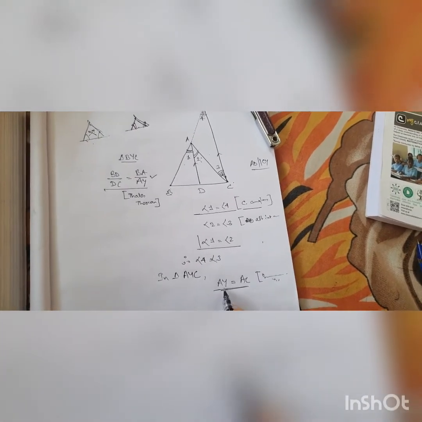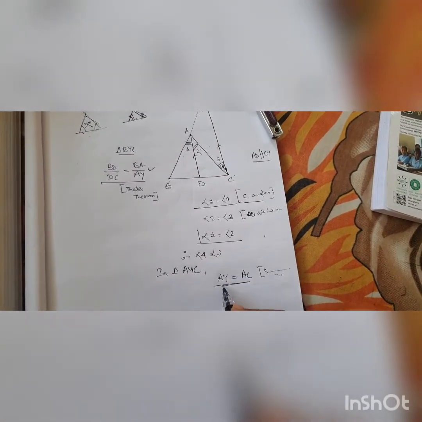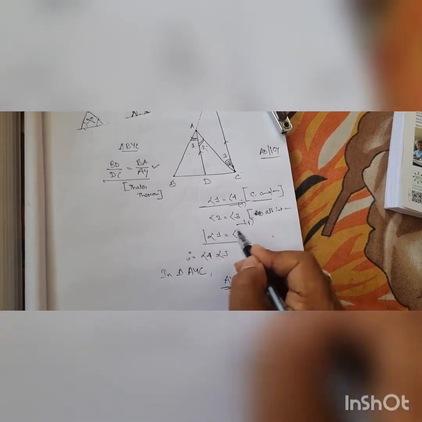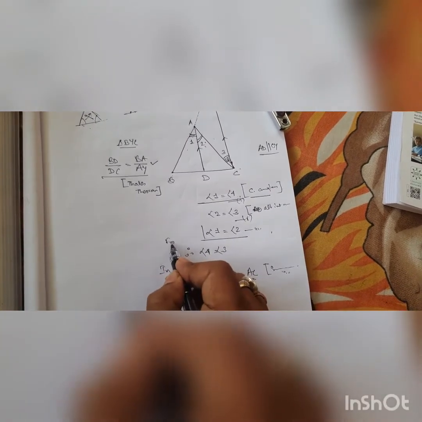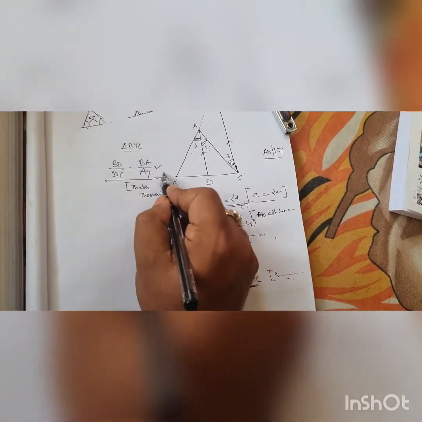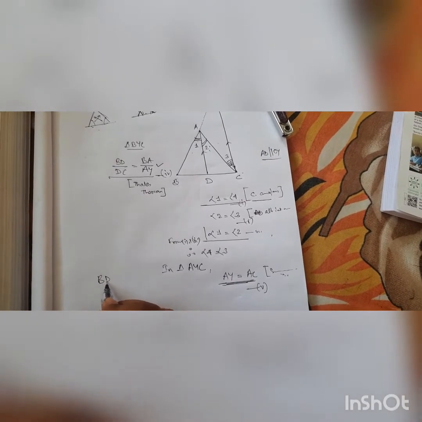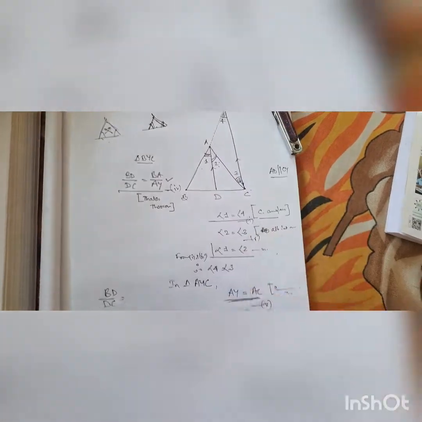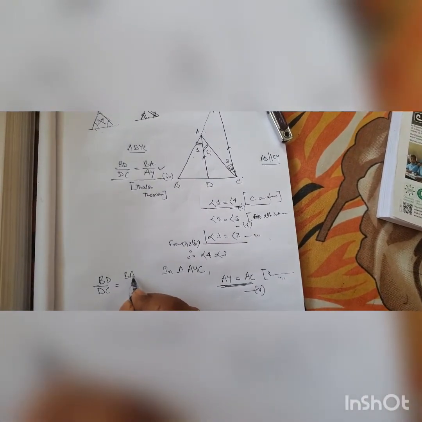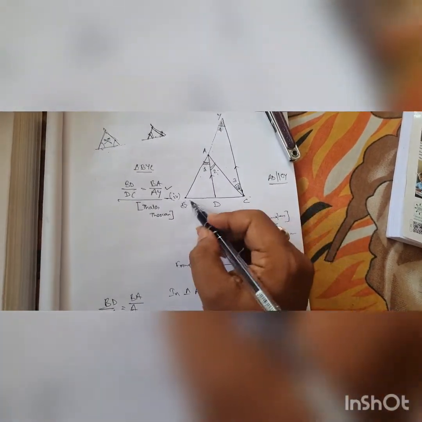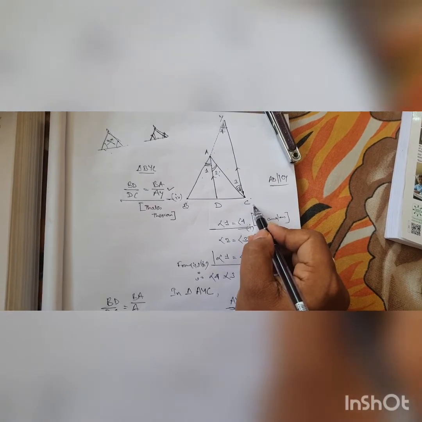So now when you have this, you have to give it the name equation number 1, maybe 2, maybe 3. Here you have to write from 1 and 3. Okay, and here maybe this is equation number 4, which you have shown later on, and this is equation number 5. Now BD by DC is equal to BA by AY, but in place of AY you can write AC, so it becomes BA by AC. Got my point?